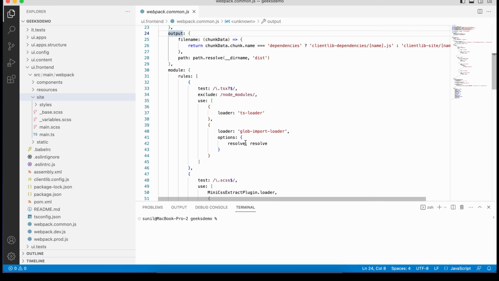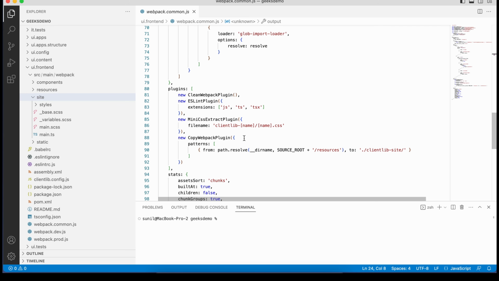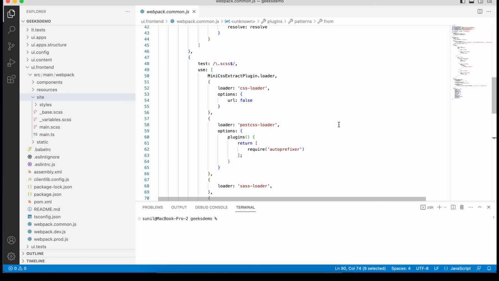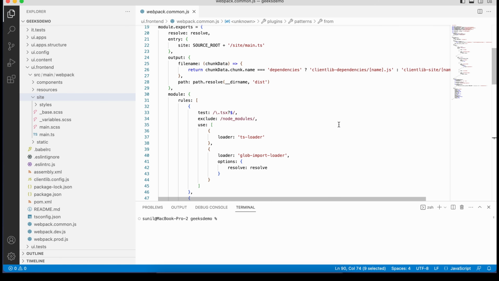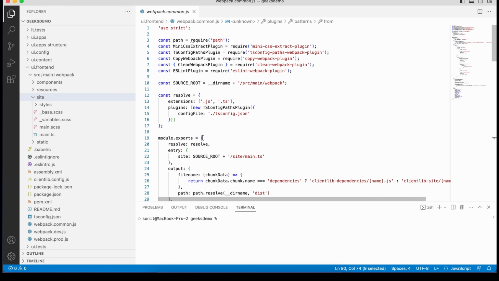The rest of the things are rules, like lint rules, if you want to apply some rules. Here, this configuration tells where this resource goes, right? It is saying it will go to this clientlib-site client library under the resources folder. If you want to change the name of your client libraries, you can do it here, right? But I'll talk about the simple stuff as part of this tutorial, as you are a beginner, okay? So this file is important,